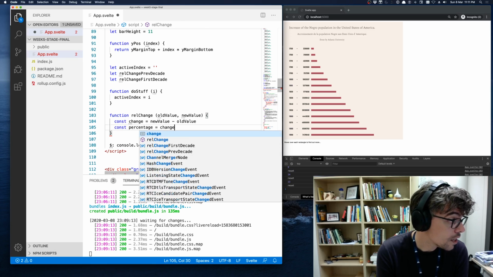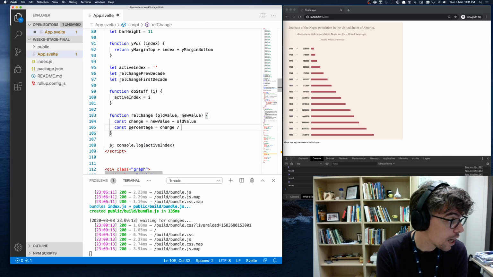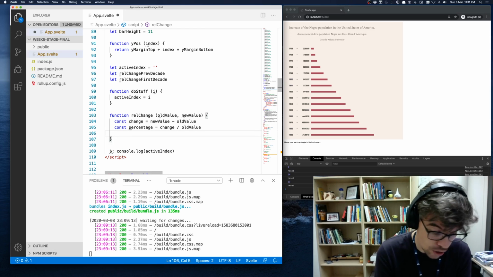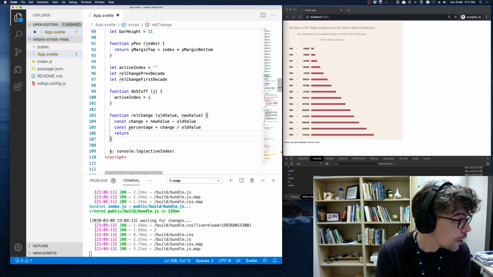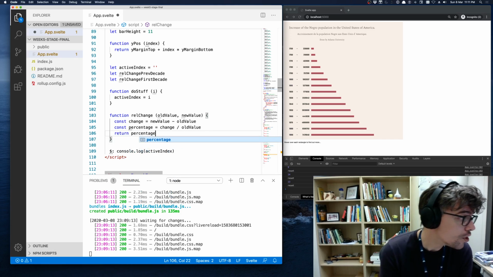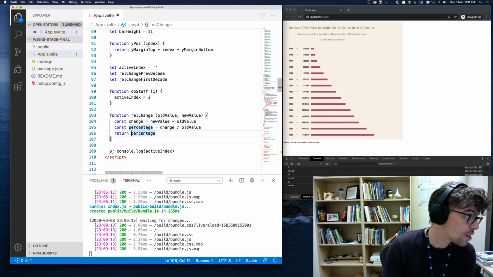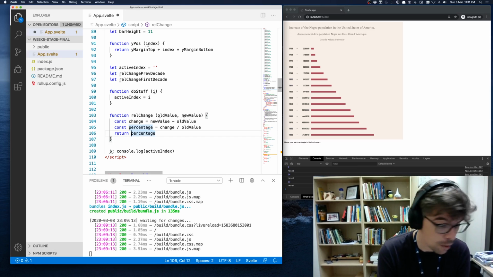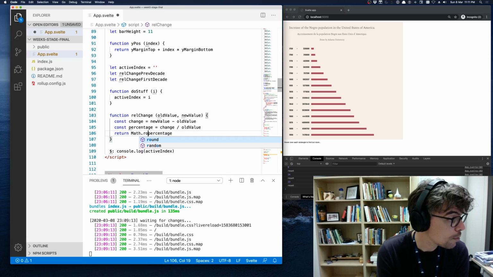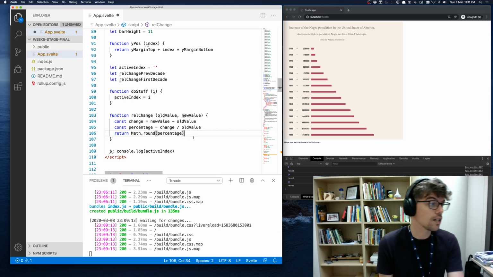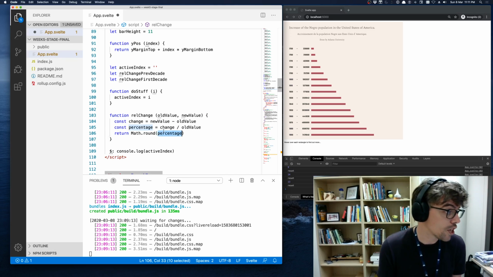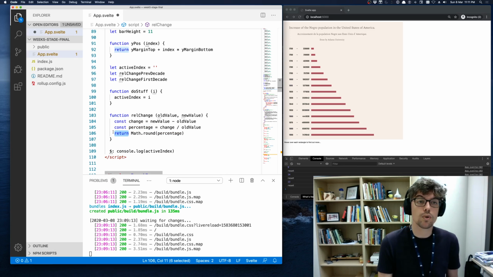So that is the change divided by the old value. And then remember, a function can return something too. So I'm going to return, and normally I would just return the percentage, but we know that those percentages have lots of digits. So what I'm going to do is encapsulate this all in this function called math.round. And what that will do is it will nicely round the percentage first, and then that's what it will